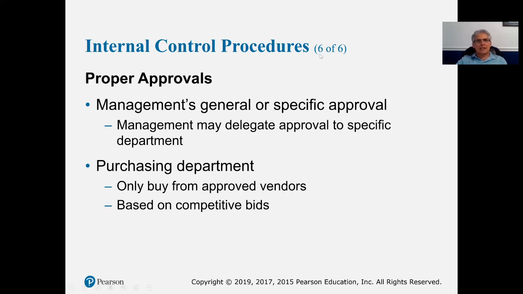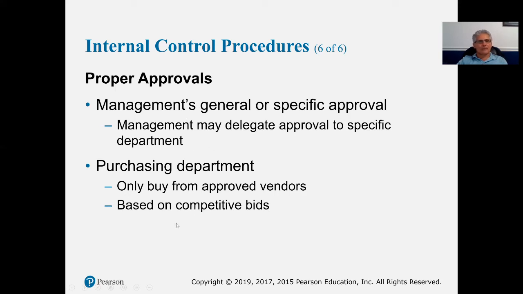And then the last slide we're dedicating towards internal control procedures is proper approvals. And in that context, we want to make sure that management's general or specific approval are available or are clear. Management may delegate approval to specific departments, but ultimately that's going to be documented. It's going to be clear as to why that's being done, and there has to be good reason for it, whether it's efficiency or whether it's the ability for the company to actually make things happen, whatever it may be, but it can't be at the expense of opening a door so that